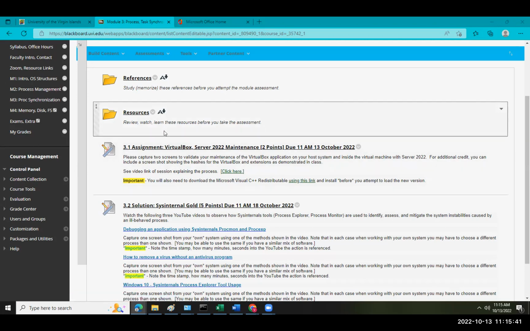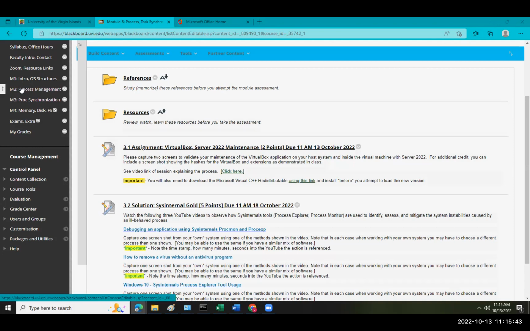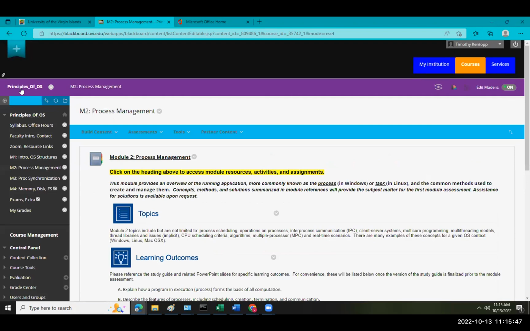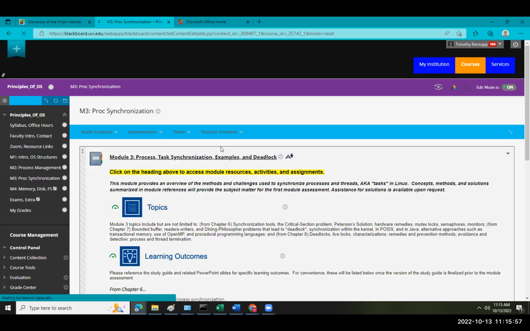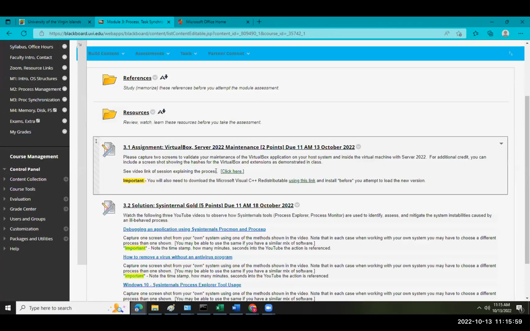I am still in the process of getting the retake for Module 2 out there. I've got it together, but I want to review it to make sure it's consistent with what we reviewed with your first attempt. And I wanted to check in with you that after our Tuesday session about VirtualBox and server maintenance and the walkthrough we did there,